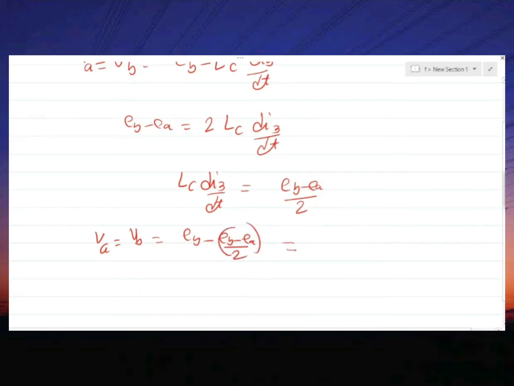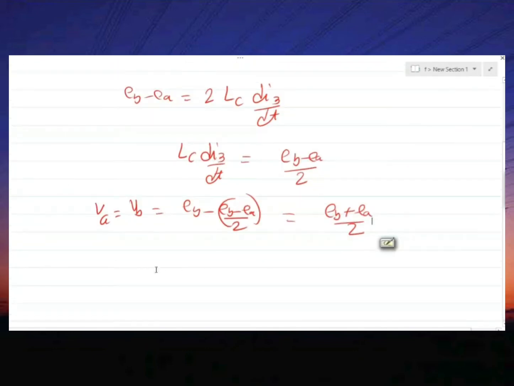So by solving that, you will get the equation EB plus EA by 2. So because of the overlap, the voltage of the terminal P, after omega t equal to alpha, becomes EB plus EA by 2 instead of EB. This is a very important thing, and from that you can now find the voltage drop.